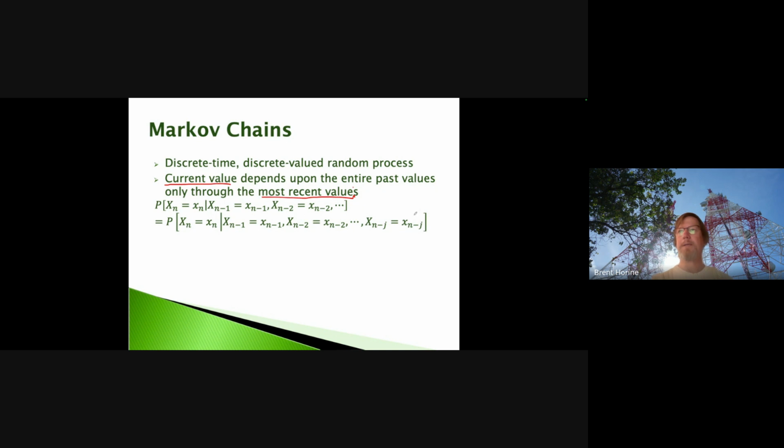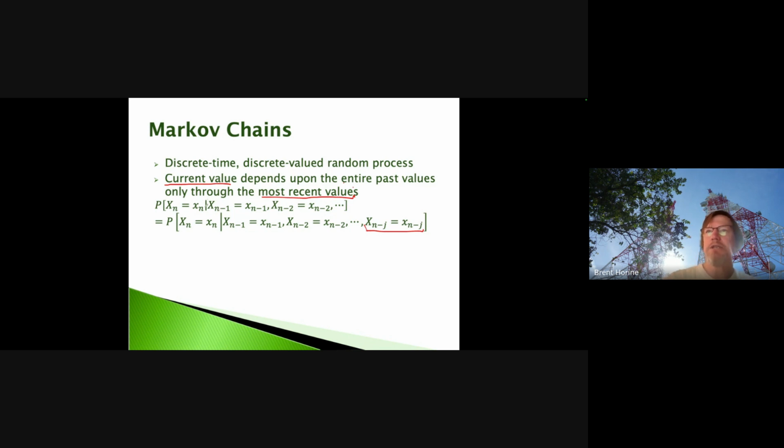Now, what we're saying here is that there's a finite length to this, right? So this would be the first part of the sentence, right? It depends, or is conditioned, right? This conditional probability. So the probability of your current value of this random variable taking on a particular value